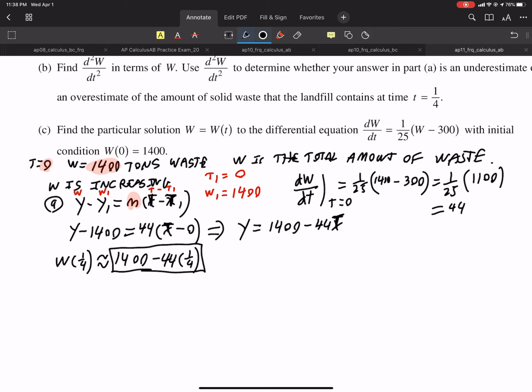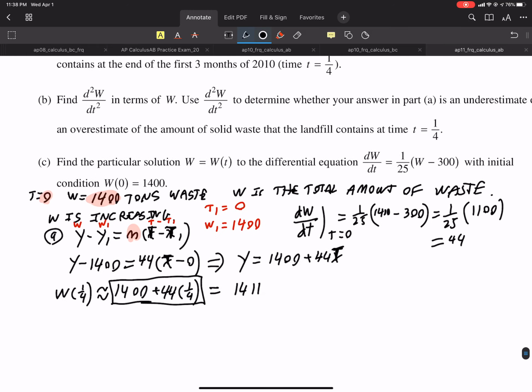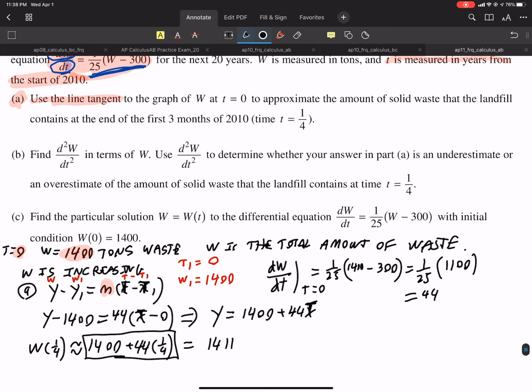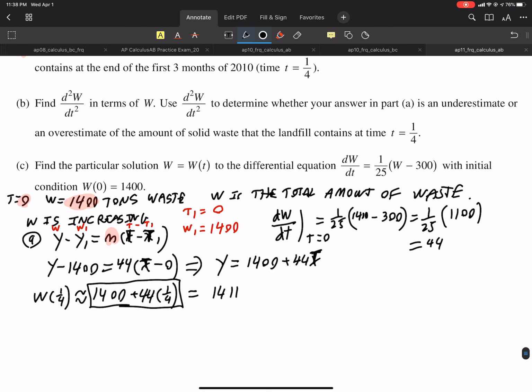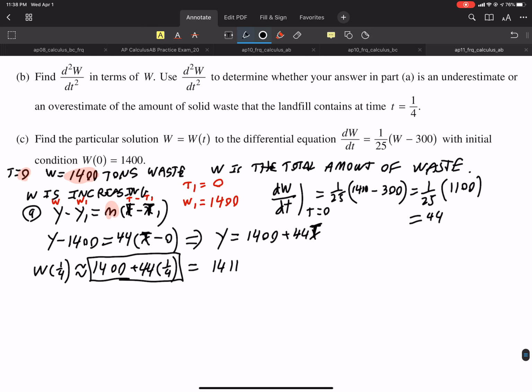But if you choose to, which is unwise, you would get, is that plus? That should be plus. 1,411 tons. Does it ask for units? No. If you want to put tons, you may. So that's part A. So part B,